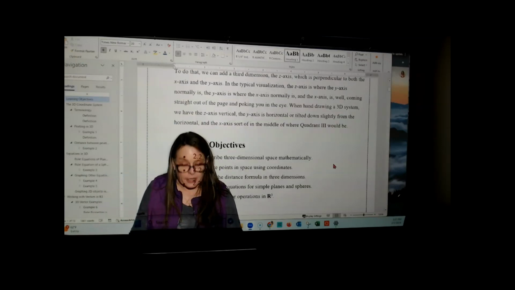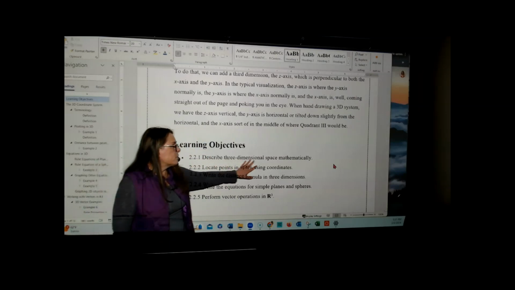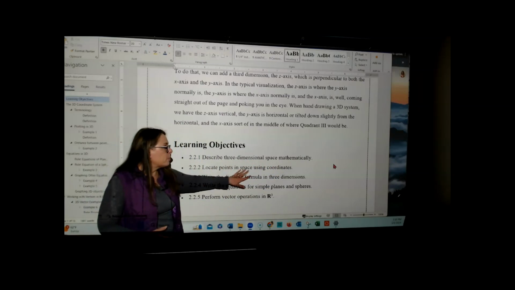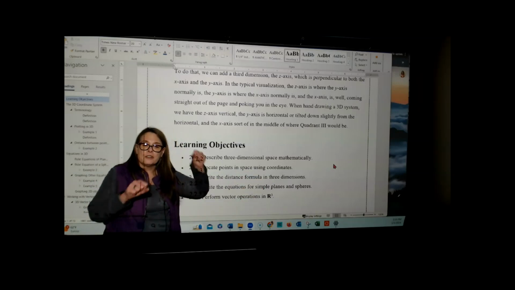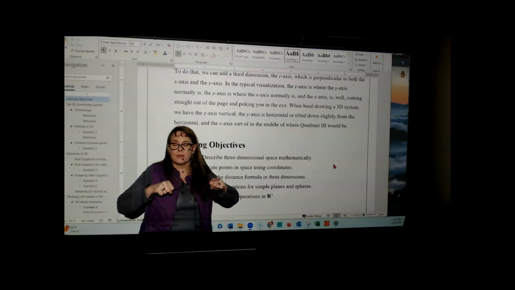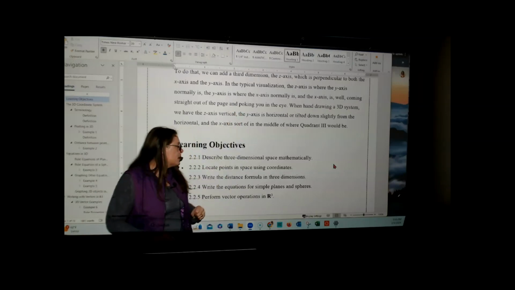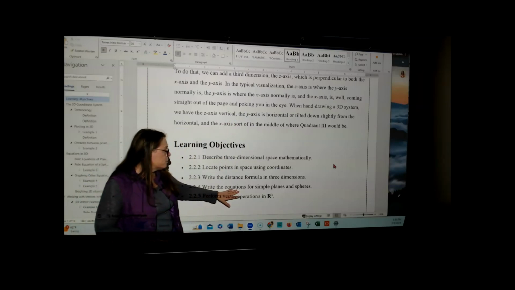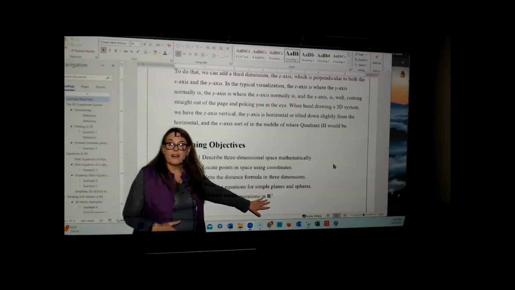We have several learning objectives that we want to cover in this video. We want to describe the 3-dimensional space mathematically so we can do things with it, locate points in space using the coordinates, and write the distance formula in 3 dimensions. So it's easier in 2 dimensions. We can always create a right triangle and use the Pythagorean theorem, but how do we find the distance between 2 points out in space? You'll find that it's an extension of the Pythagorean theorem. And then we want to write equations for simple planes and spheres, and we want to perform some vector operations